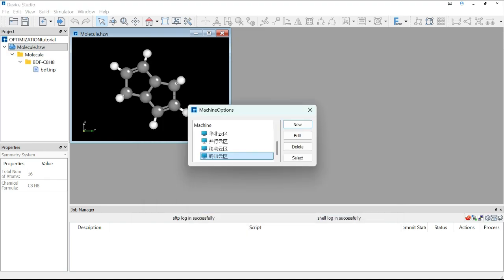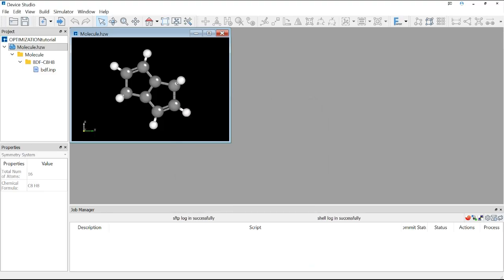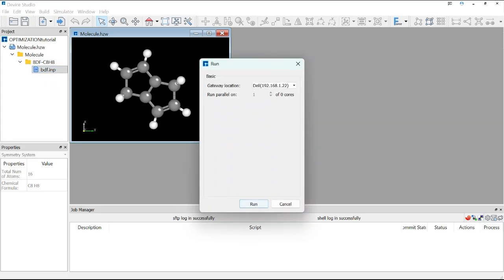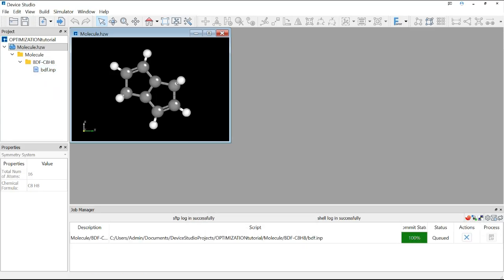Before this, you can connect your system with the BDF engine, to the job manager where your simulation file will run. Then you can click on this and run your project. You can see at the bottom side in the job manager it is in queue form, but it is not running your program. So before this, you can open PuTTY